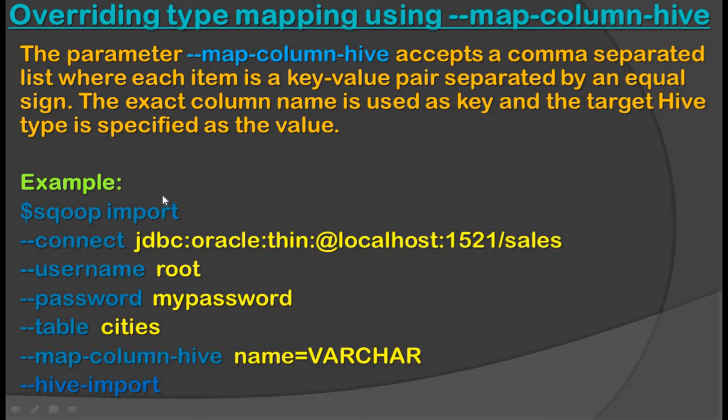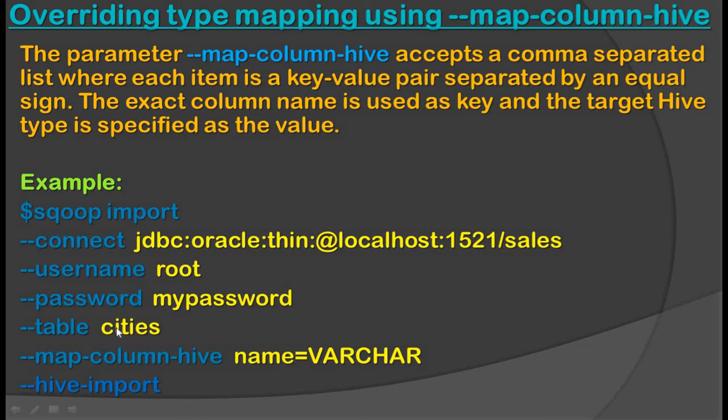In this example we are going to import data from an Oracle database to a Hive database. We can write the syntax this way, and if we want to override the data types, we write double hyphen map-column-hive, the name of the column, and then the data type which we want to override.